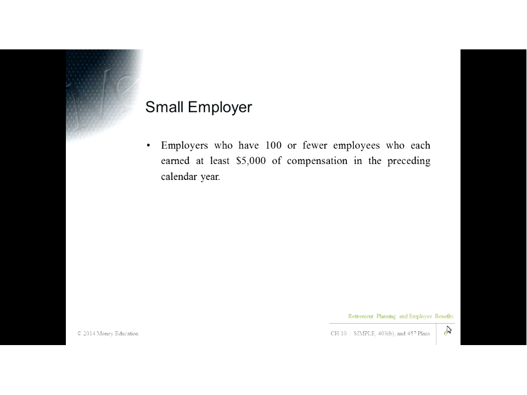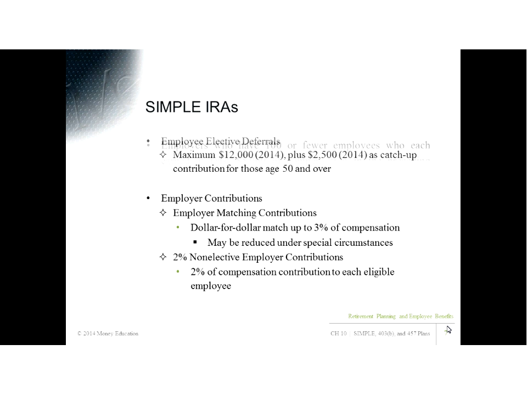And the test, you don't have the 3 of the 5 year test. You have the $5,000. The SEP has 3 of 5 years and $550. Higher earnings limit, so I may be able to exclude some really part-time employees, but anybody that makes over $5,000 in the preceding calendar year, I'm going to have to include them this year in the simple plan.